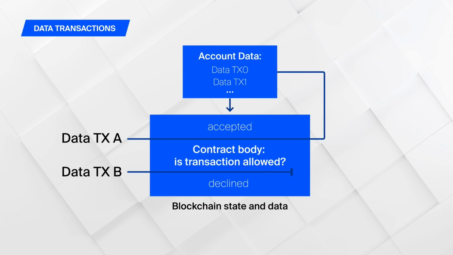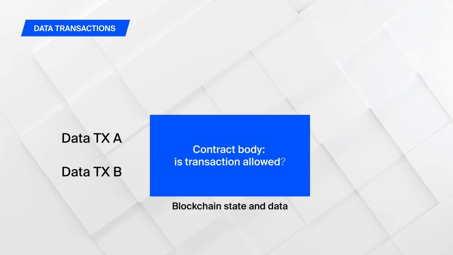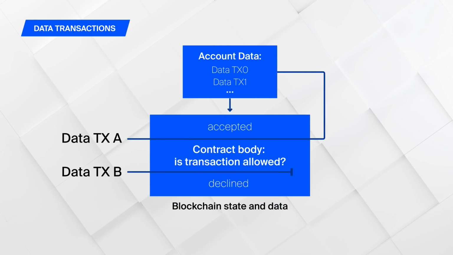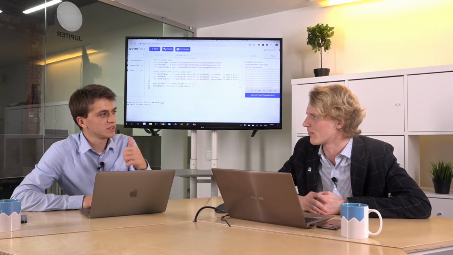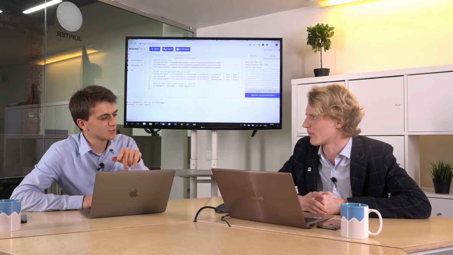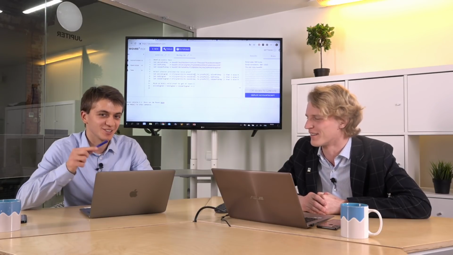Well, it's very easily Turing complete, since you can build a state machine and you can have steps in there. It will take time to go through all these steps, but you can perform any calculable computation. As far as I remember, there was an article on Medium from you about stateful dApps using contracts. Yeah, maybe you can find it on our blog on Medium. So try to find it.